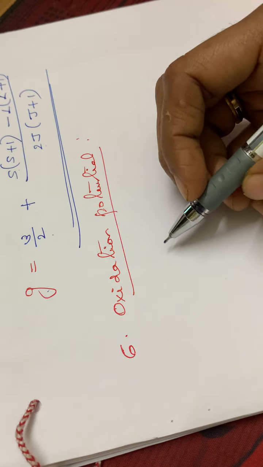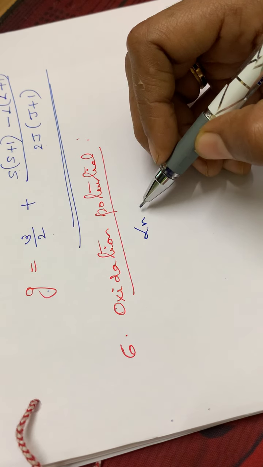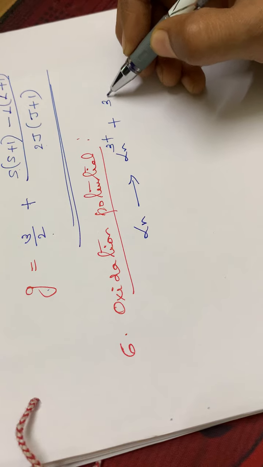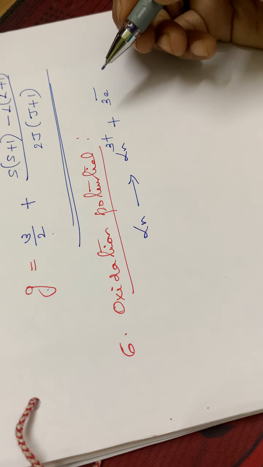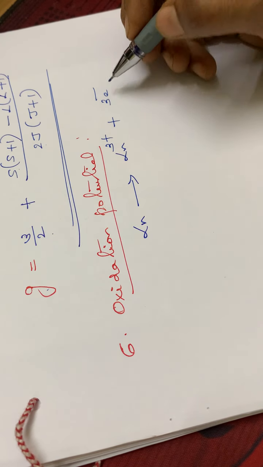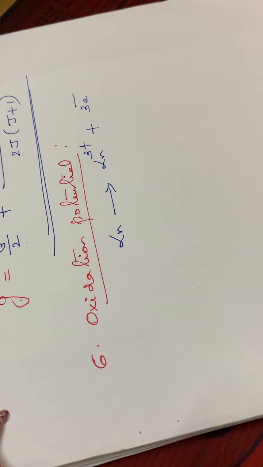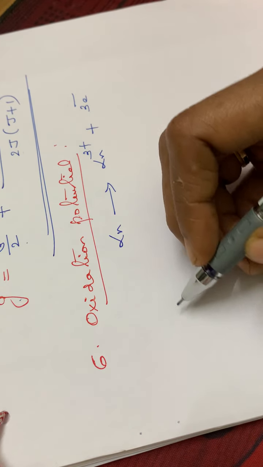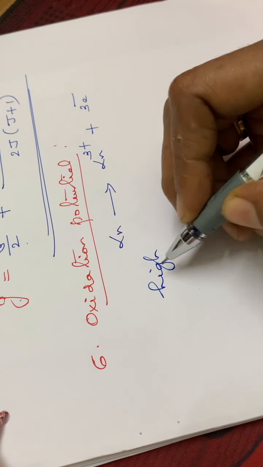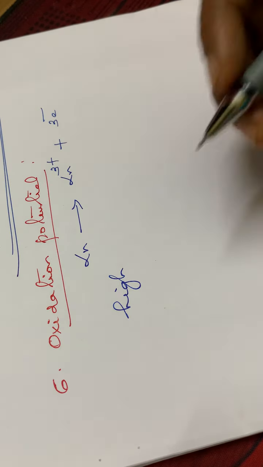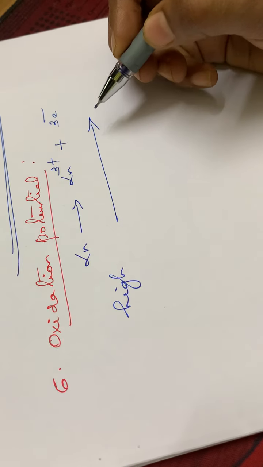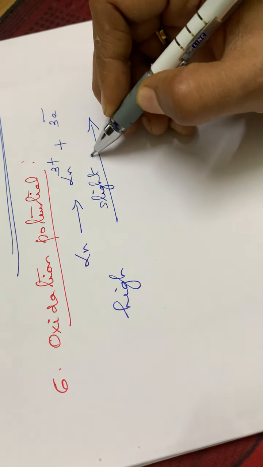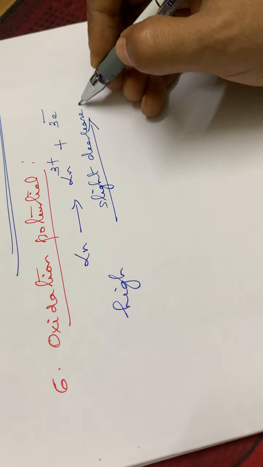See here, normally lanthanides have a general oxidation state of 3+, isn't it? So lanthanides give Ln3+ plus 3 electrons. This is the standard electrode potential. This is the equation for the oxidation states. Normally these standard oxidation potentials are quite high. And as we move along the series from lanthanum to lutetium, there will be a slight decrease in their values, a slight decrease in the oxidation potentials.